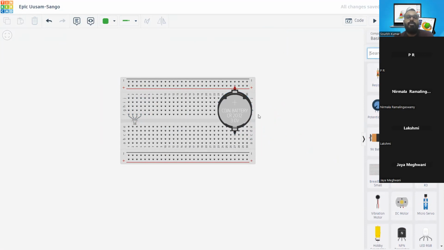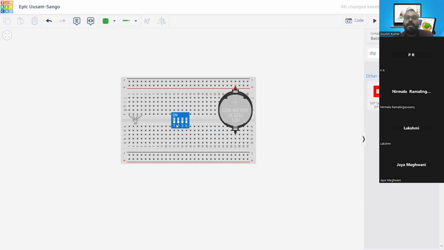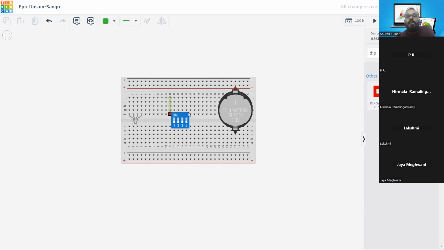You already saw how to utilize the switches, right? I already explained that. So we do have another kind of switch, that is the DIP. DIP means it has more than one phase, meaning we can control several electronic devices or components using this switch. We have combinations: single DIP, and 4 DIP. Through the combination, you can utilize these switches to connect many devices in electronic circuitry. Right now I'm utilizing the 4 because I need only 3 connections. Otherwise, I can also utilize single DIP switches, 3 of them, but 4 will be